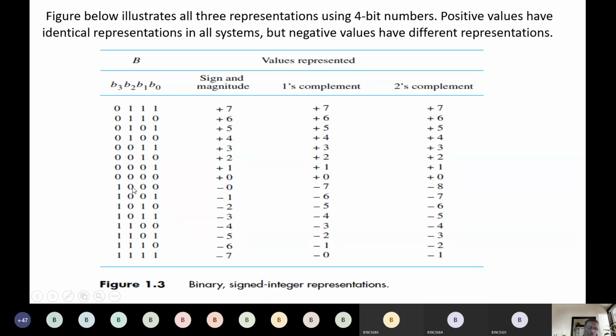So all zeros, so it is 0. When the first bit is 1, we call it negative. So it's -0. So in sign and magnitude we represent +0 and -0 also. Similarly, you can see